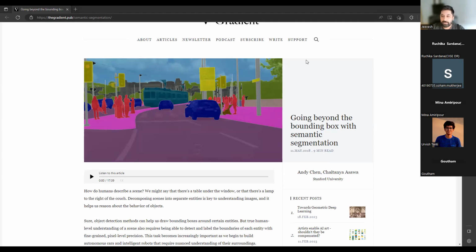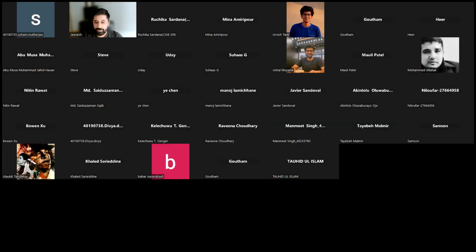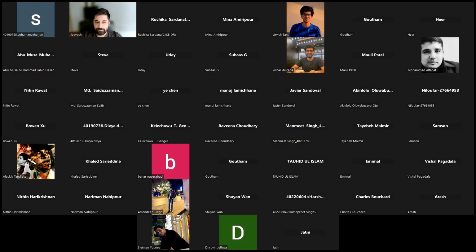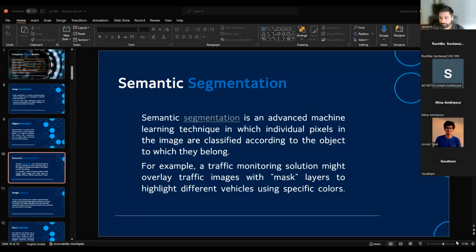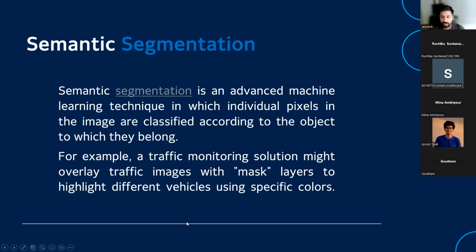Okay. Coming back, semantic segmentation, we are doing a pixel by pixel analysis, pretty straightforward stuff. Let me come back to sharing my screen. Okay. So whenever you have a pixel by pixel, each pixel gets a unique ID to measure the distance. Now, basically, that depends upon how you're implementing it.